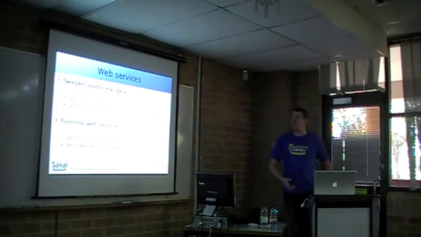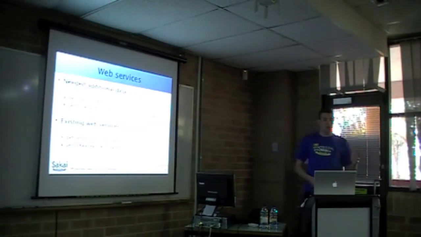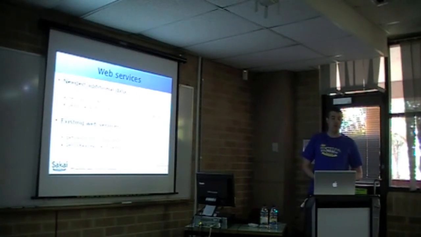So in order to get the actual data we needed in the portlet, we have to add a few extra web services. One of the parameters that you need to send is the user ID, and in the IMS spec, the Basic LTI spec, it says that that shouldn't be used to identify someone, even though it's a user ID. So luckily in Sakai we have the internal user ID, the big long string. So we wrote a web service to return that given your username. So a username of Steve might return back the long